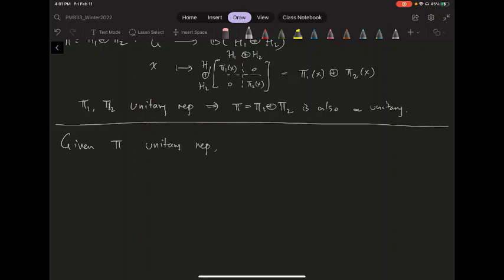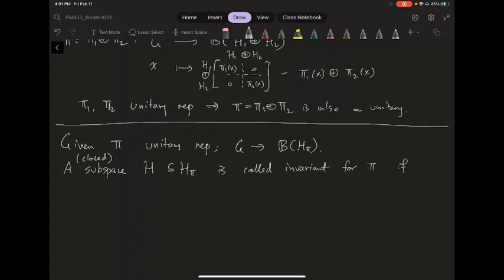Let's say π is a map from G to the bounded linear operators on H_π. A subspace, let's say H contained in H_π. Whenever we are in a Hilbert space, whenever we say a subspace, we automatically mean a closed subspace. That's just the convention. So a closed subspace is called invariant under this π, or for π,